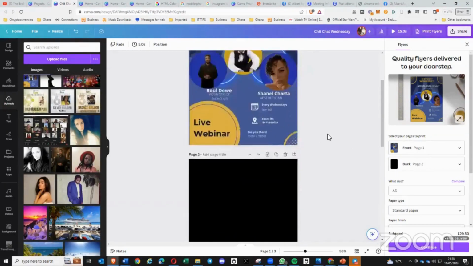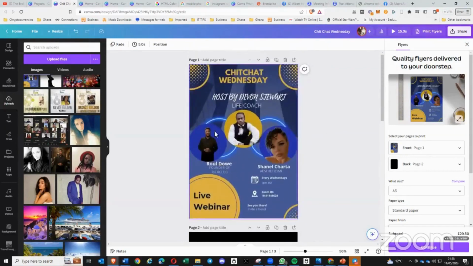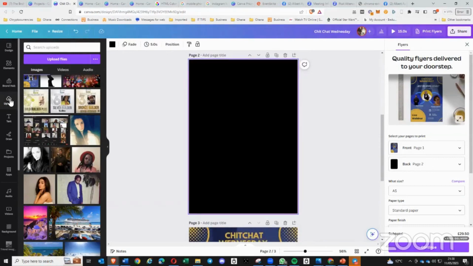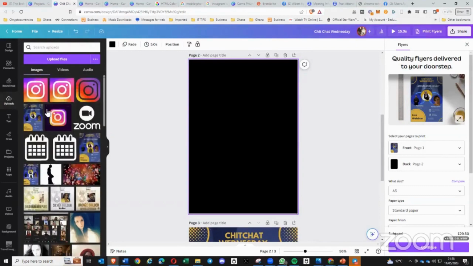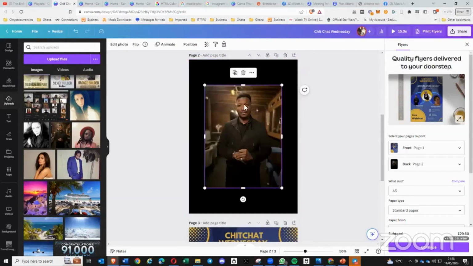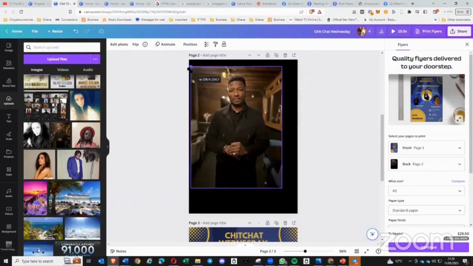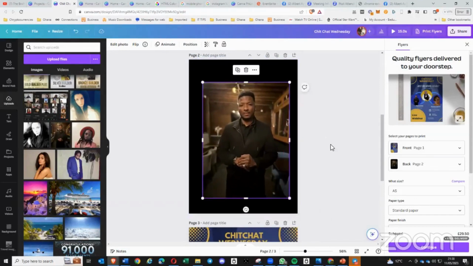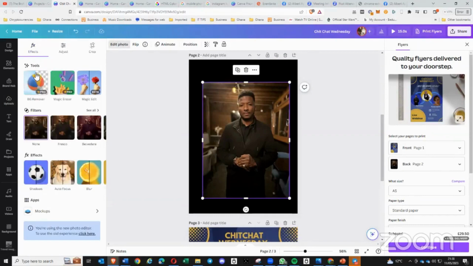So let's just say that you're trying to do something like this image here on the left. So what you would do, you would have the photograph that you would have uploaded to your computer. I'm using a Windows computer. And let's just say I click on that photo and that will appear here. And once you've selected it, you go to the edit photo section and you have this pro version here, which